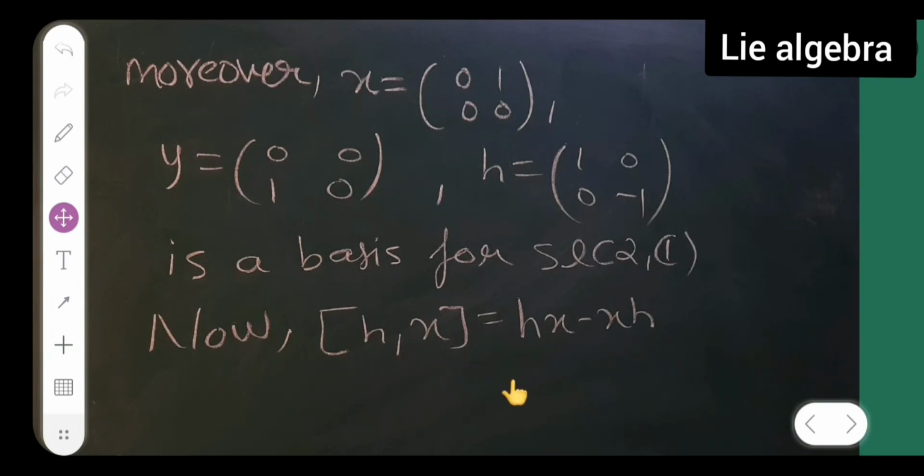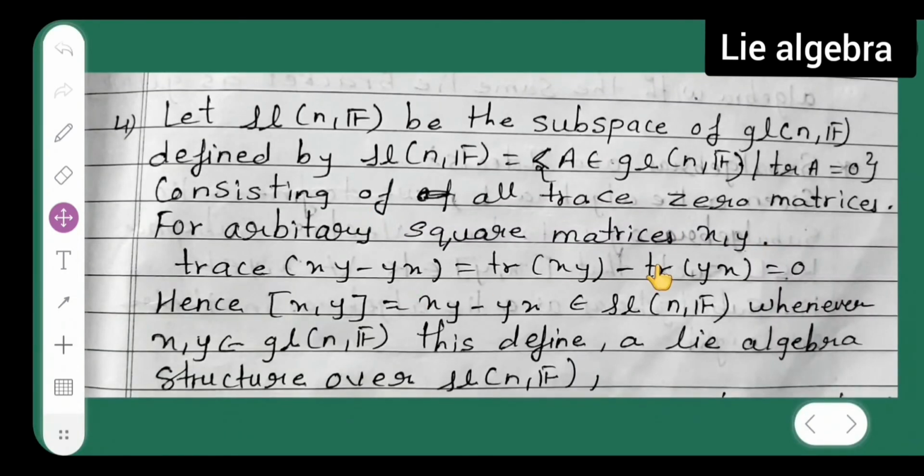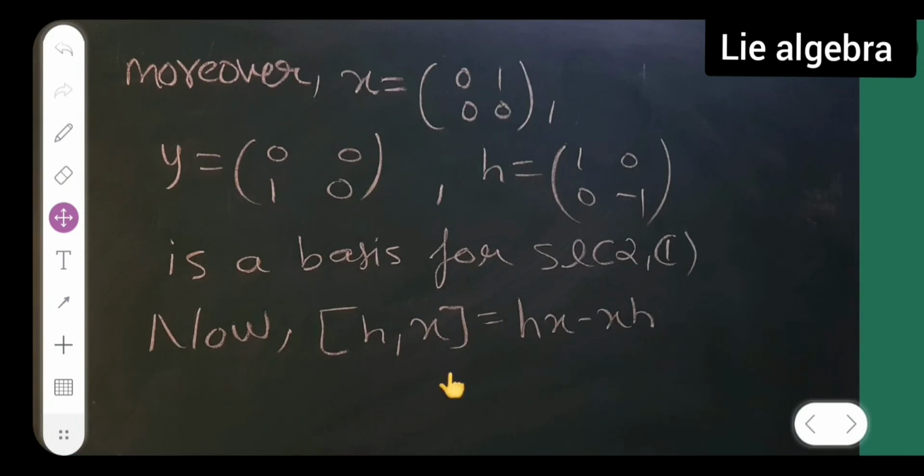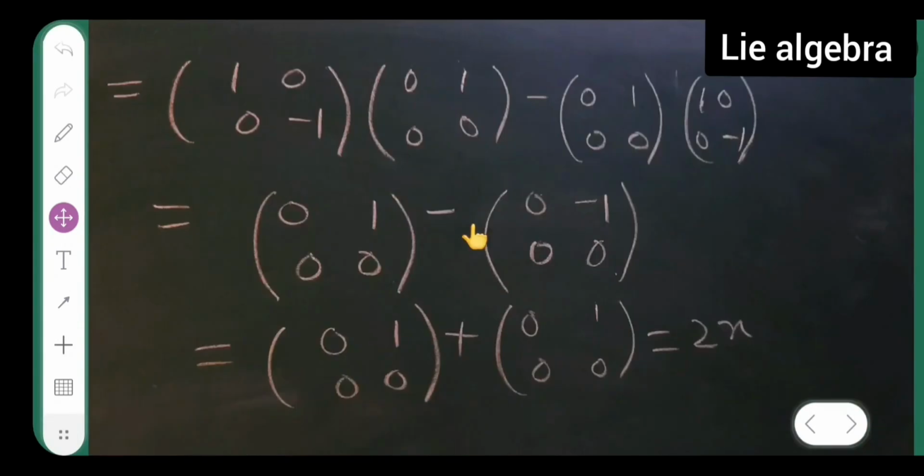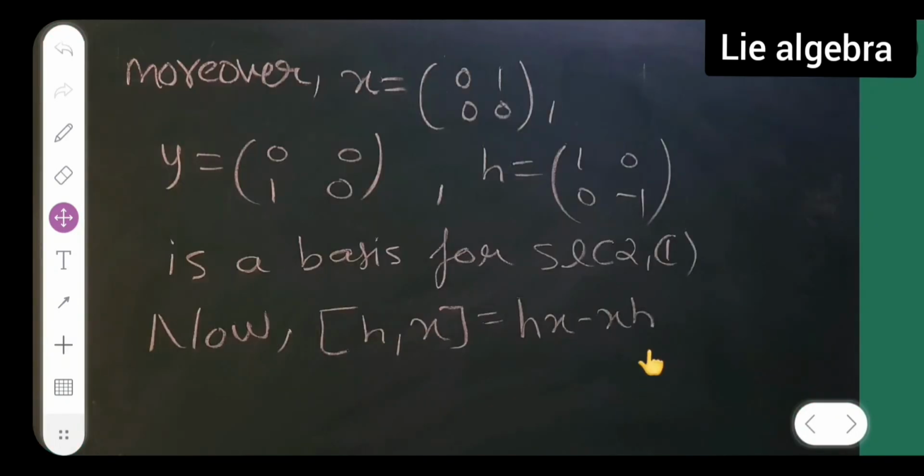Now, from where do you get this? In the previous chapter, I have already given you all this. From there, the Lie bracket of X comma Y is equal to XY minus YX. So, I have applied it here. Now, this is equal to what? HX minus XH, that is H into X minus X into H. These values you will have to plug in: H into X minus X into H, okay?